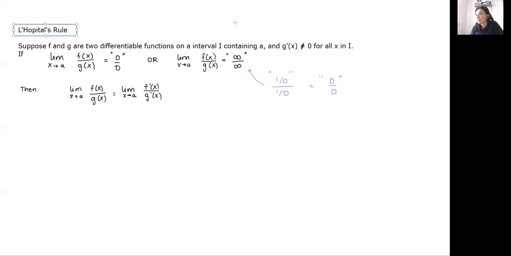All right, so we're going to do a bunch of examples, and that's going to be the lesson for today. We're just going to do a bunch of practice with L'Hopital's rule. I think I have 6 examples that I want to cover in today's lecture, and then you can go to the practice set number 11 in order to practice this. So in the following example, I'm going to ask you to evaluate the limits, which are